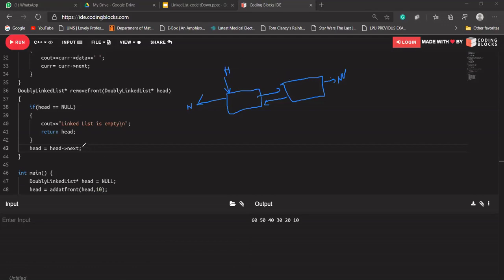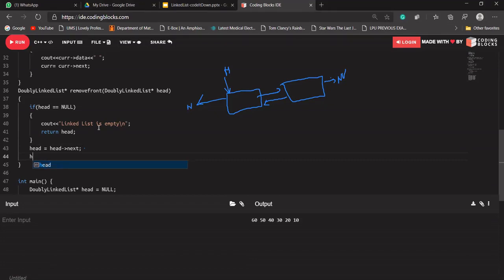So I'm writing head should point to head's next, and as well, since head is currently pointing to this node, we should delete head's previous. Is that clear with everyone?